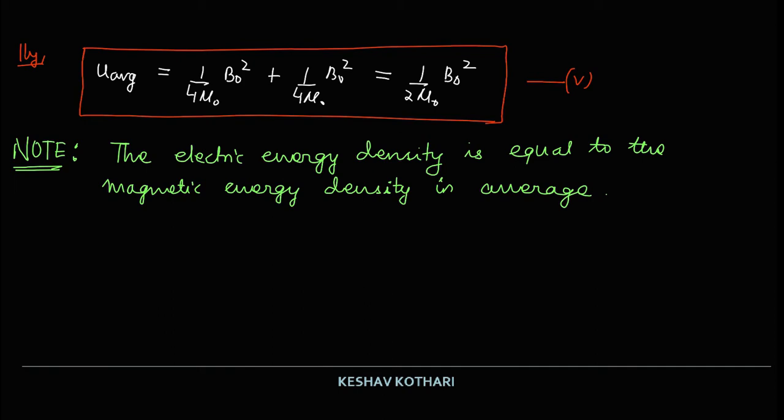So considering this, now we are calculating the intensity of an electromagnetic wave. Intensity is defined as the energy crossing per unit area per unit time perpendicular to the direction of propagation of the wave. For this particular part, I am considering an imaginary cylinder through which this electromagnetic wave is being transmitted.